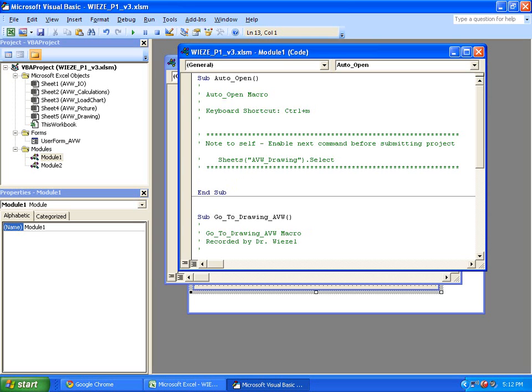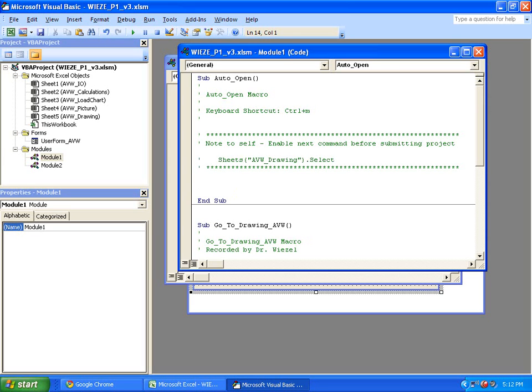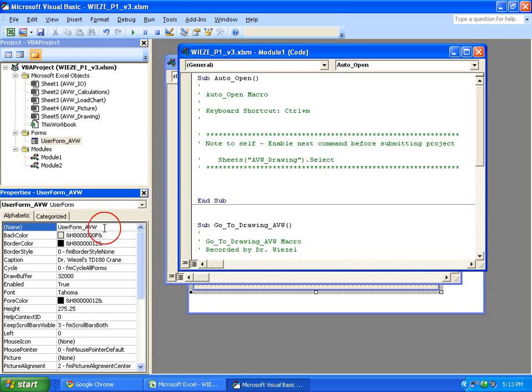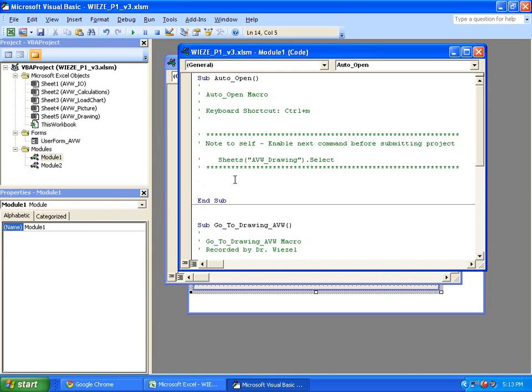And then before submitting, we will just take out the comments. We will take the quote mark out, and the moment I take the quote mark out, it becomes, from a remark, a command. And we said that the command we're talking about starts with a tab, right? It's the name of the dialog box. Now, I can either come here and take the name of the dialog box, that's one way, or I can